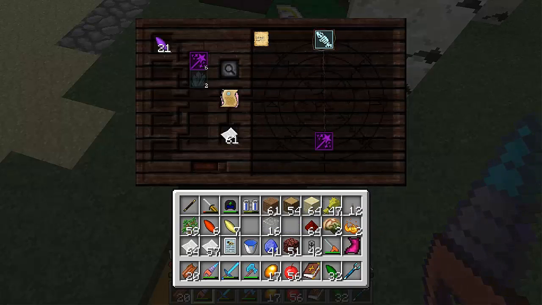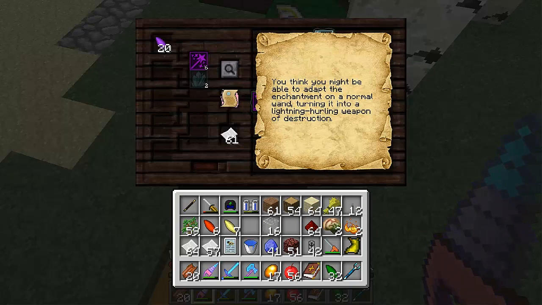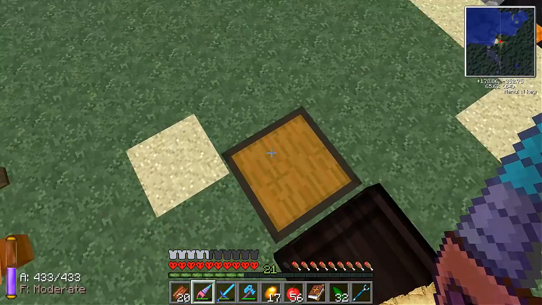So we'll need to get magic, which is easy enough with the V shards, and Wand of Lightning. Normal wand, turning it into a weapon of destruction. So it's probably going to require...